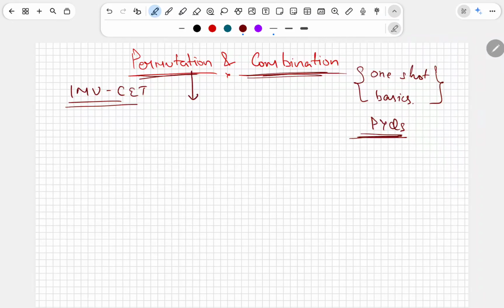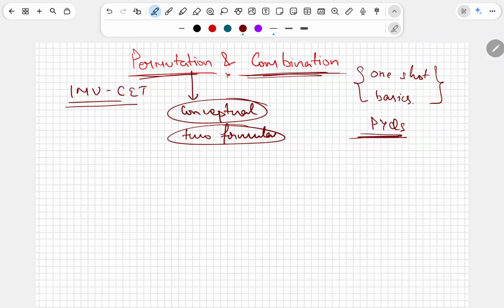But the thing is, permutation combination is a conceptual chapter. There are very less formulas. To be precise, there are only 2 formulas, and majority of this chapter is revolving around concepts, which I'll be teaching you with the help of numericals. So please don't create a ruckus that we are only solving numericals, we are not memorizing the formulas. Remember, there are only 2 formulas, and the chapter is basically conceptual in nature, which will be taught with the